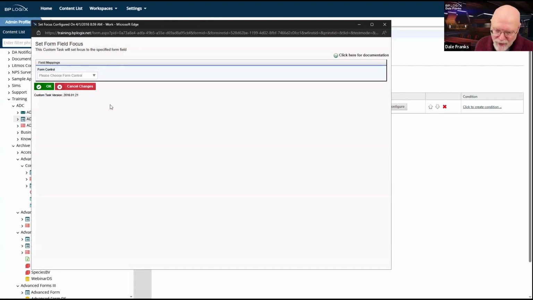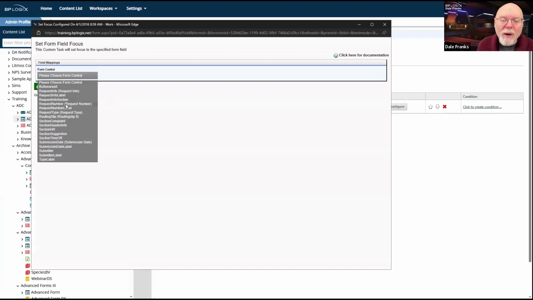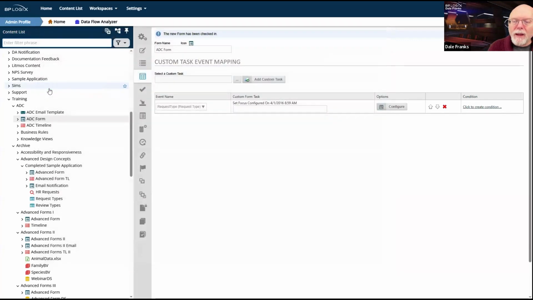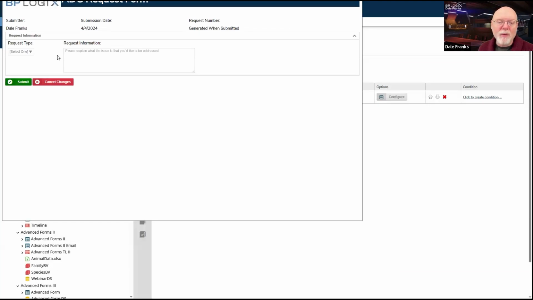You enter the value in a field and then you hit tab to leave the field and move to the next field. So I want to set this to the request info field, I believe. And that will set my focus to the request info field whenever I tab through request type. So if I go to update and run, I should now be able to